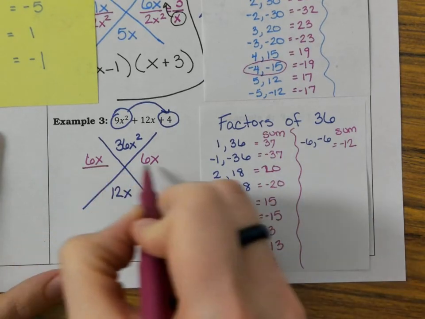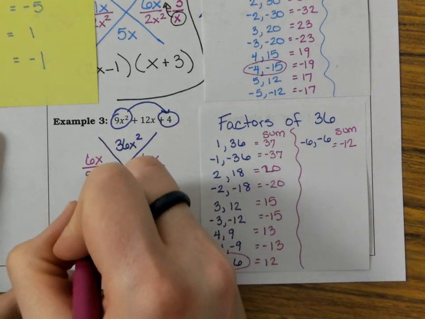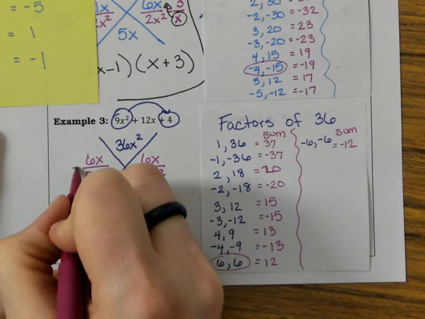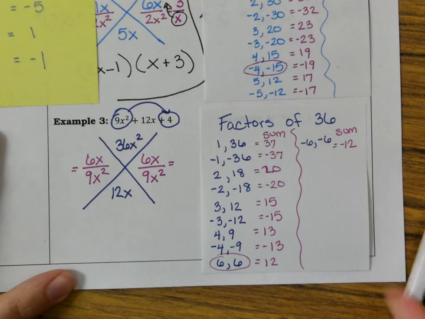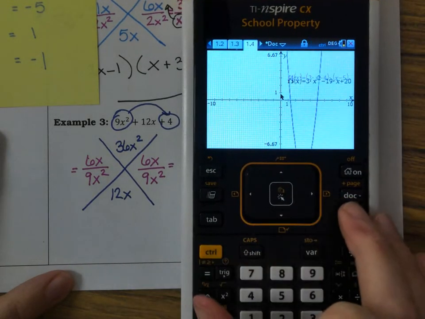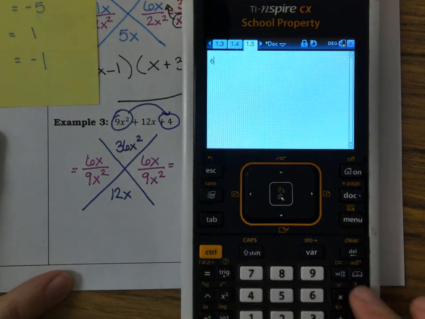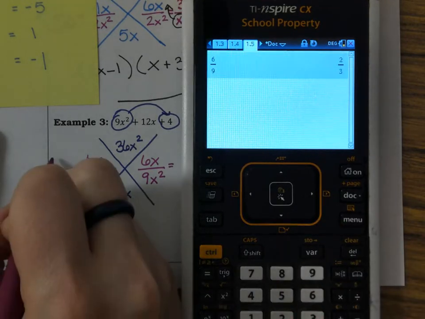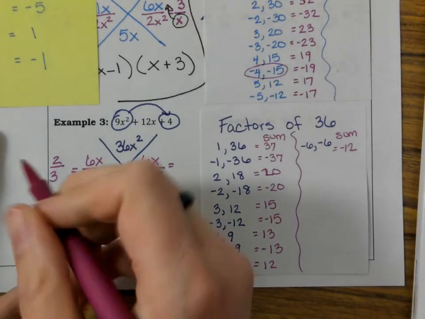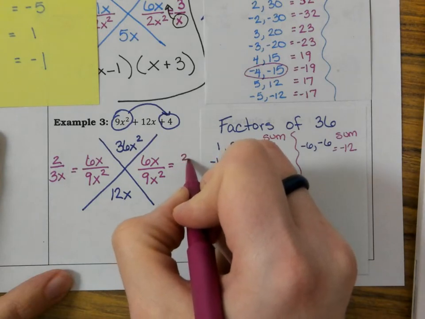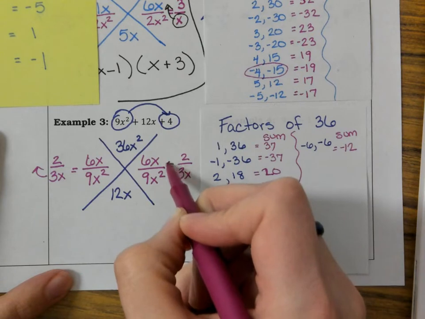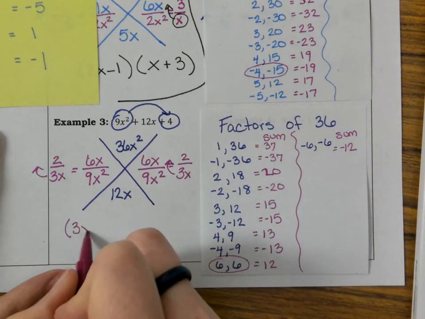And then we divide by the first term, which is 9x squared. And then we simplify. And so this is the same thing on both sides. So I'm going to go to a calculator page. And I'm just going to type it in. 6 divided by 9 gives me 2 over 3. And remember that we always put an x on the bottom. 2 over 3x. And then we move the bottom to the front. So I have 3x plus 2